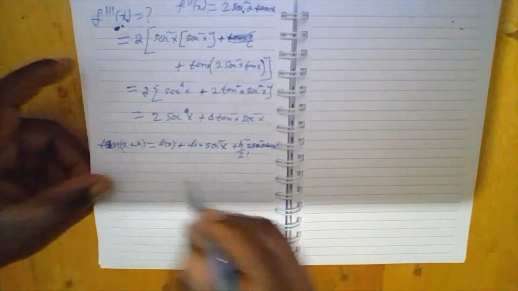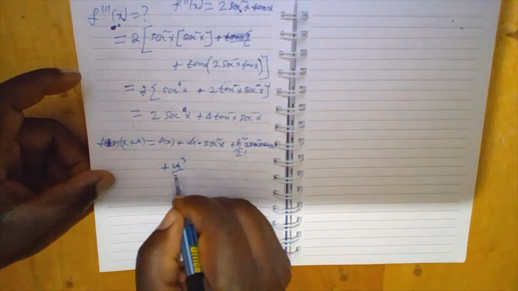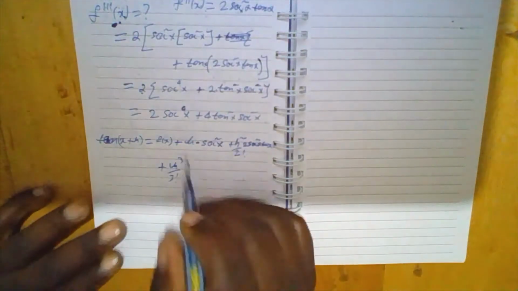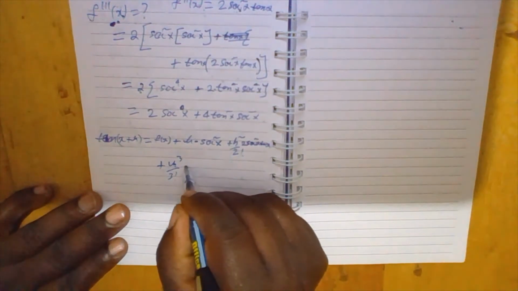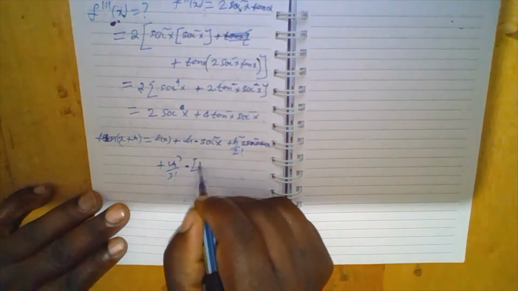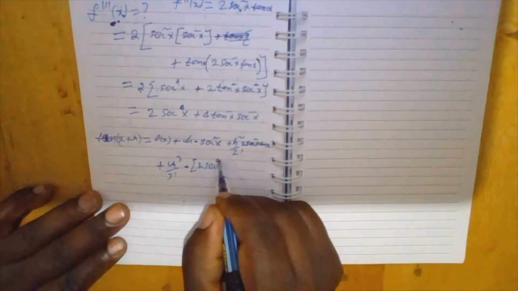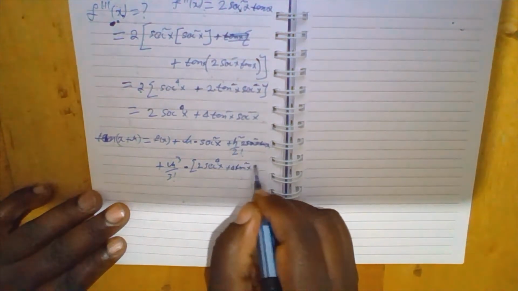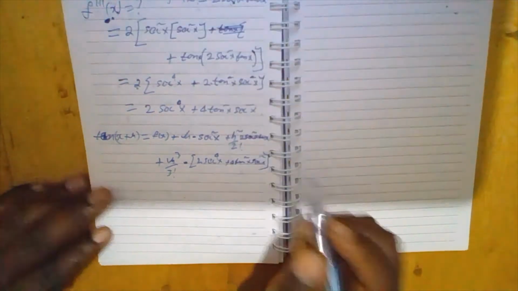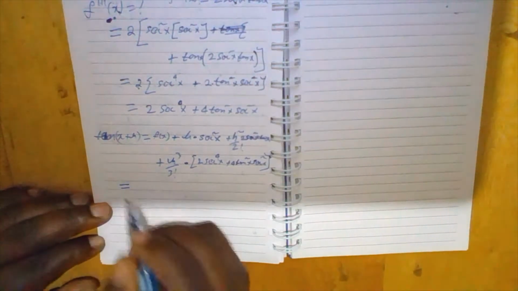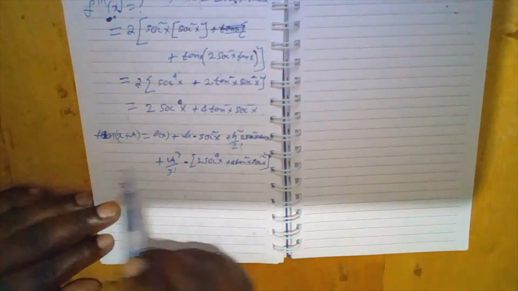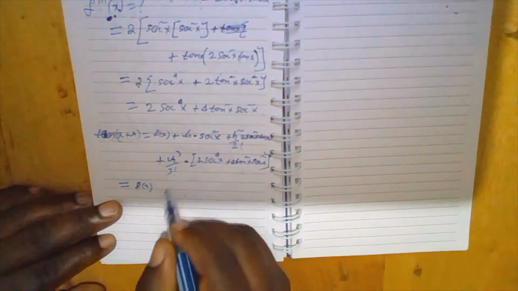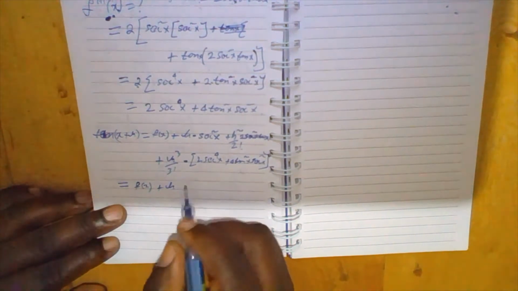Then plus h cubed all over 3 factorial, and then our f of x triple prime, which is this one, times 2 sec x raised to 4 plus 4 tan x squared sec x squared. So it will be equal to f of x plus h